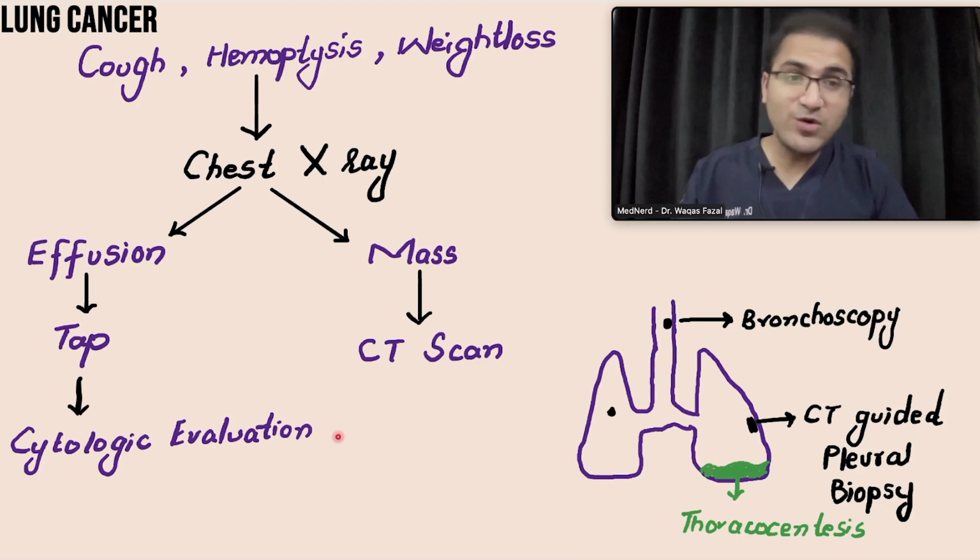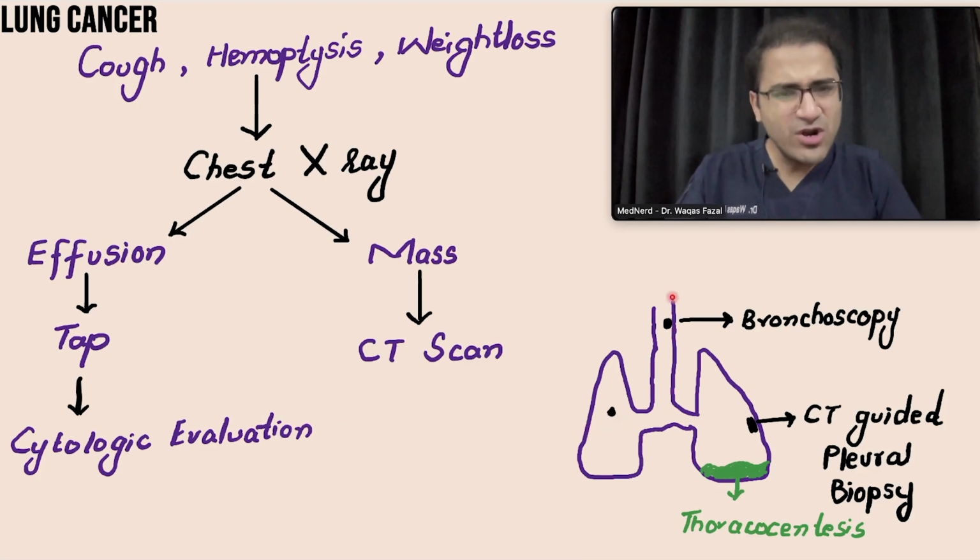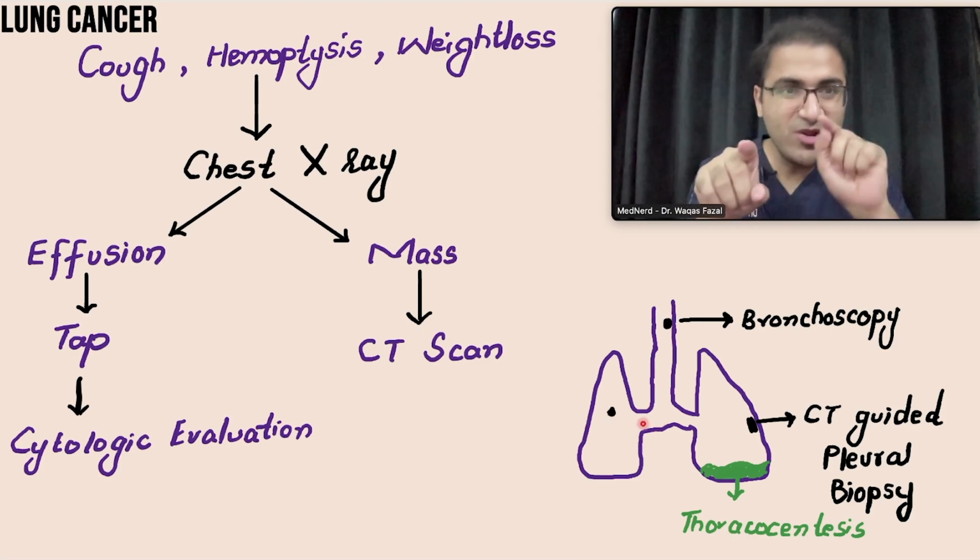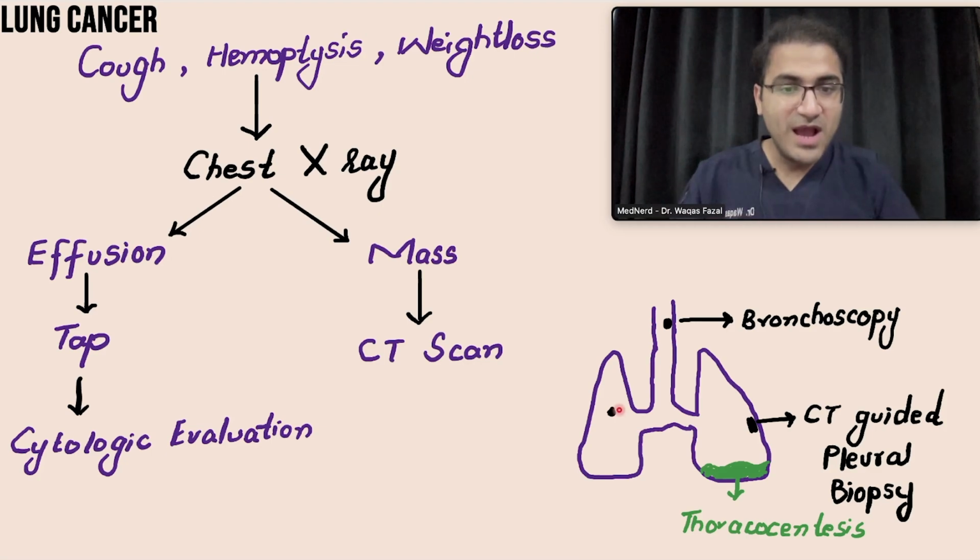Now, in some cases the mass will be present in the center of the lungs and it will not be reachable by the bronchoscope because it is lying outside the bronchi. And you cannot pass the needle and take the sample directly because there is a risk of lung rupture. You can only pass the needle and take a sample if it is lying on the outer side, in the peripheral region, in the pleural region. In such cases, you can pass the needle and take the sample. In such cases where it is located centrally and you cannot take the biopsy through bronchoscope or passing the needle,